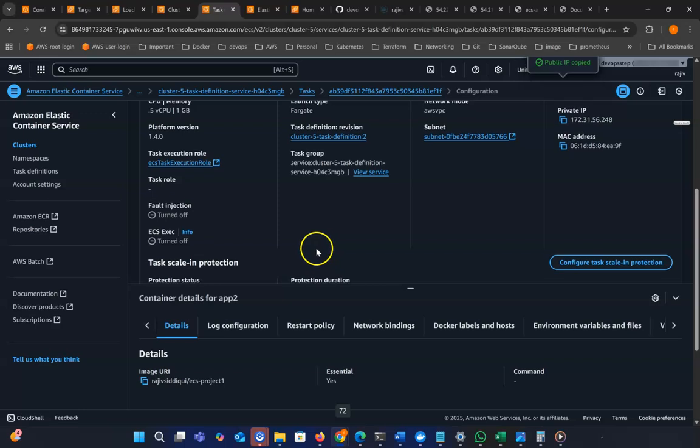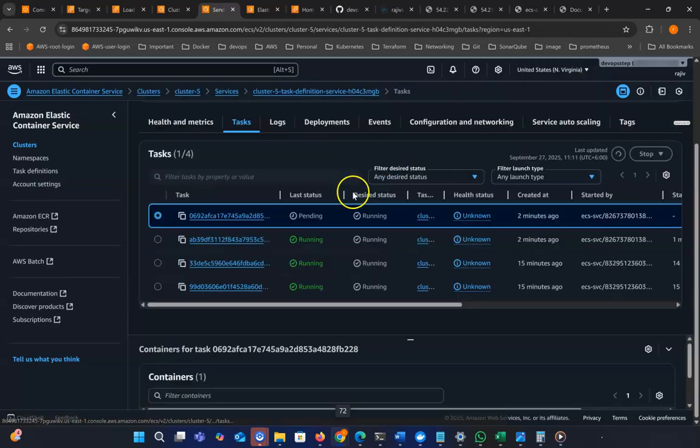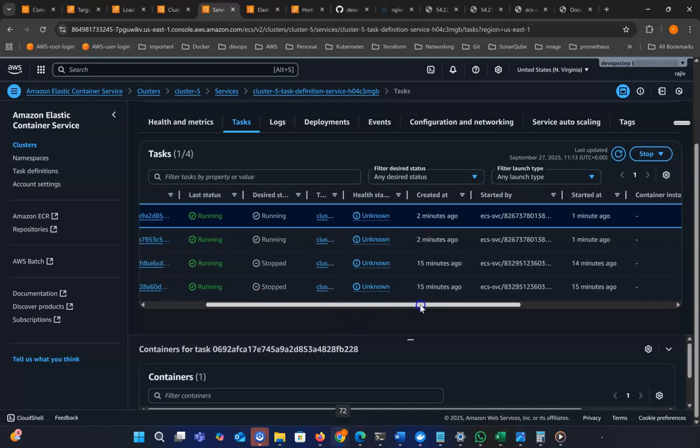Task here. Okay, so we are in the one specific task. So go to the task again. Now refresh that one. You can see our two new ones are running and also the old one is running, but it will be stopped and